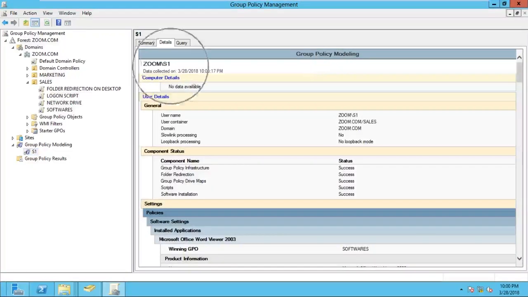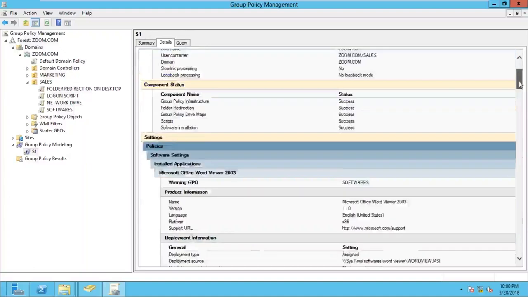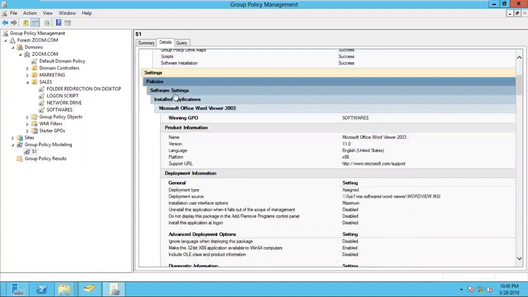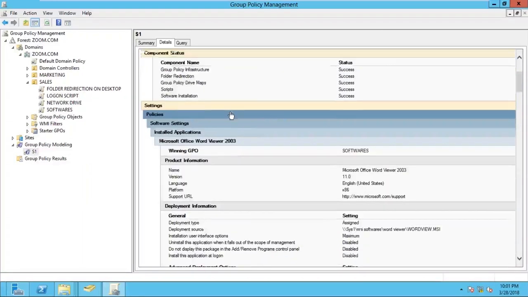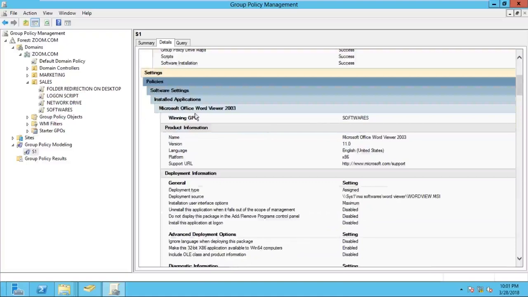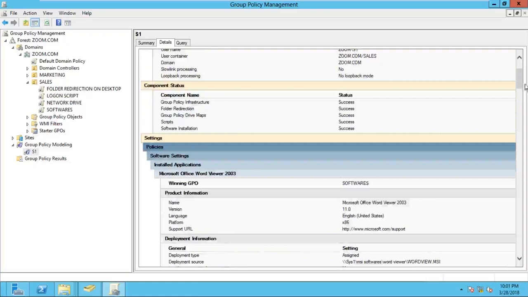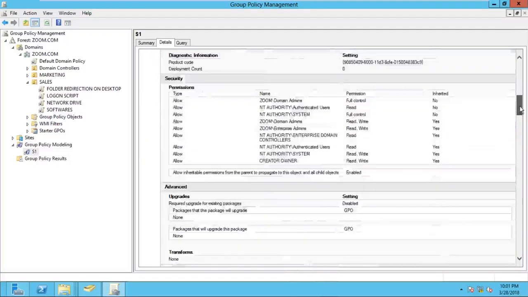Now we are checking the status of each user, S1, and you can see here. If you come down, you can find all the policies here. So you have to expand these options. You can see here, through software deployment, we deploy this, right? These applications we have deployed. And if you come down, you can see here,